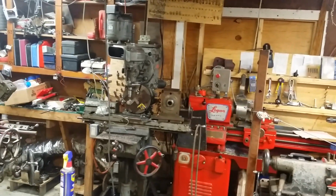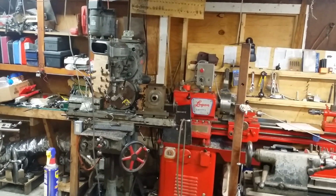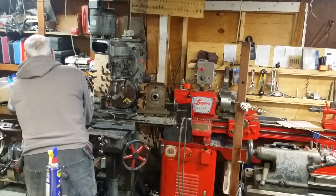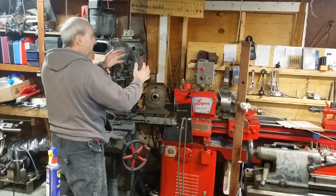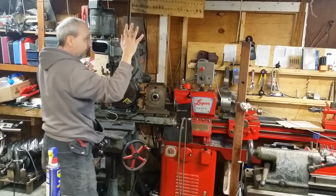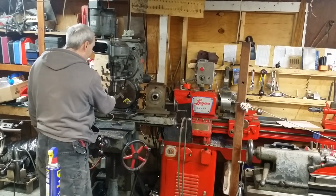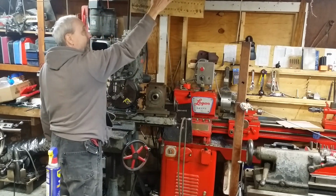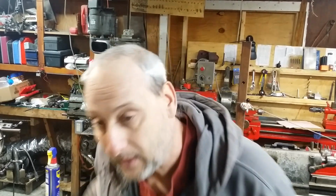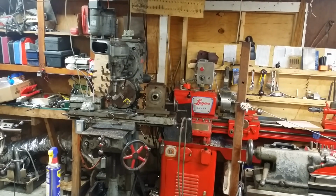Then, let's say I need to take that particular part over to one of the mills. Ideally, it would be great if I could have a rack suspended in this area right here, again for the same purpose. I need to take a measurement with the caliper, I get done with it, I put it back. Things like that are, I think, going to be the biggest improvement for me. So that one is also pretty darn high on my list,